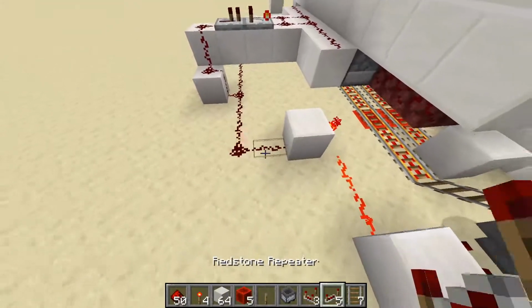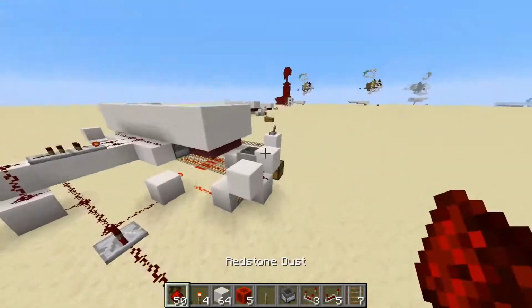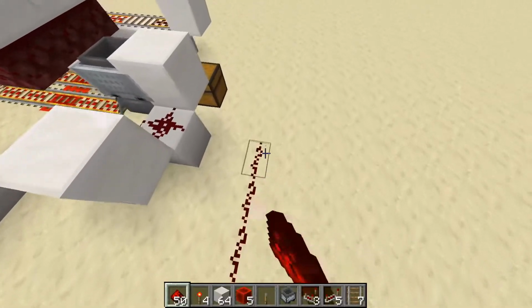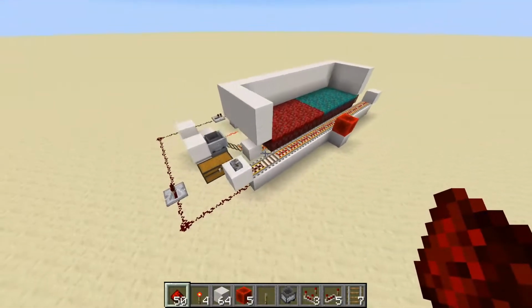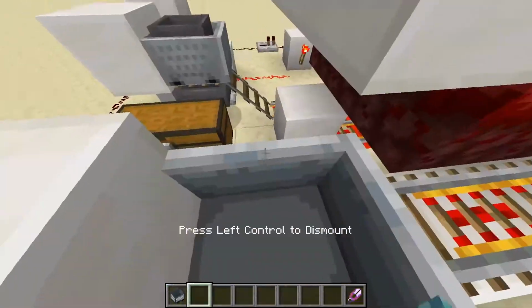this torch right here. Now go ahead and place a repeater here, and then connect our lever over there, up to this spot with redstone, and you are going to have to put down an additional repeater about here. And then we can just finish up the line, so we connect to this block right here, and we should be finished. Now all we have to do is place down our minecart, go ahead and hop in it, and